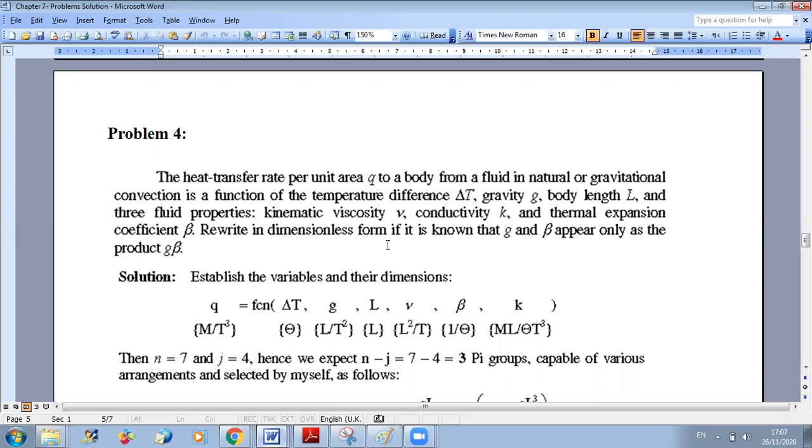So first we will do the analysis in the ordinary way, and in the final step we will answer the question: what will happen if G and beta should occur as a product. So first, I will list all variables. Here the purpose is that we want to express,